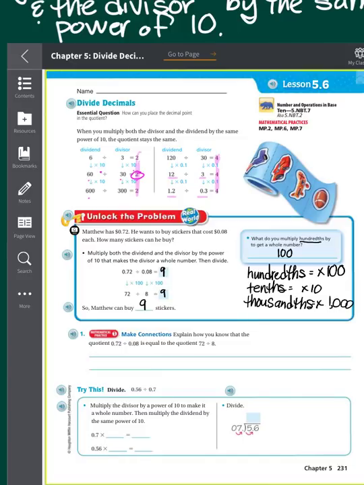Okay, so how do you know that the quotient 0.72, 72 hundredths, divided by 8 hundredths is equal to 72 divided by 8? We know this because both the divisor and dividend are multiplied by